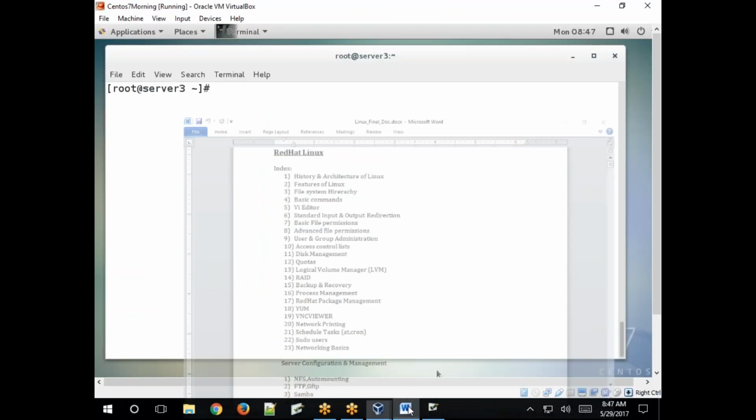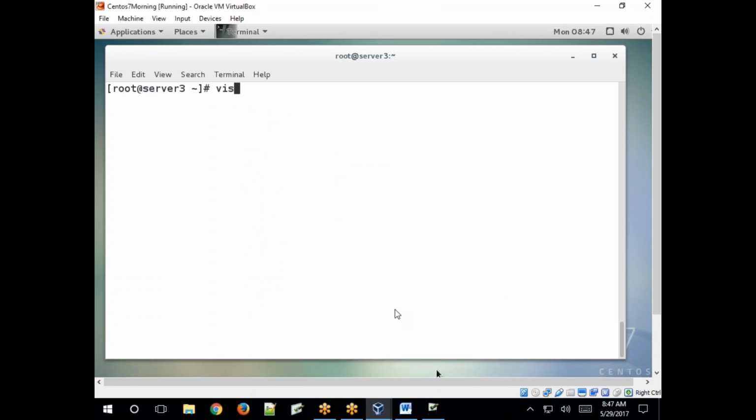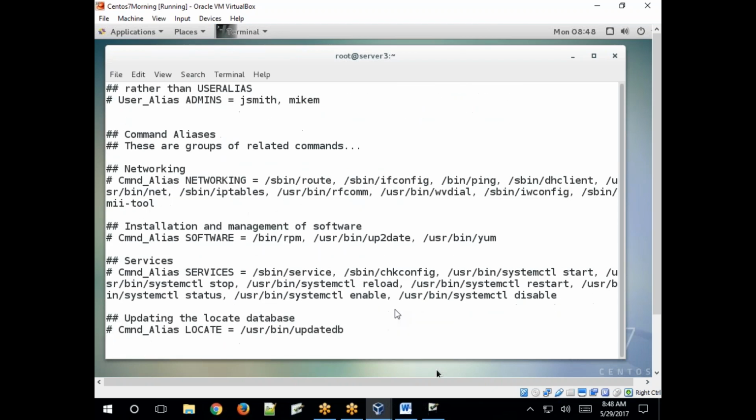So this is sudo users. How to add? Just go to that file with visudo. Just remember, visudo. First read the file, you need to understand what aliases are already created, which alias you want to enable, and which alias you want to add for a particular user. If you want to allow a particular user to install applications, then use the software alias. Here some software aliases are already added.